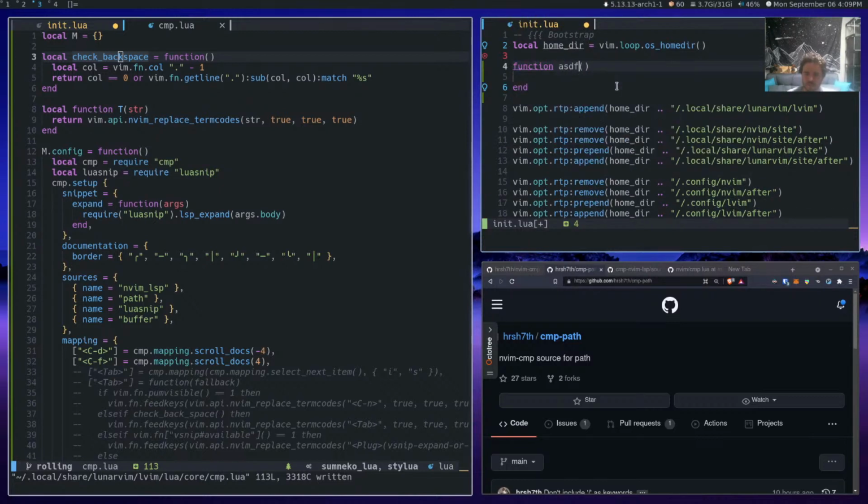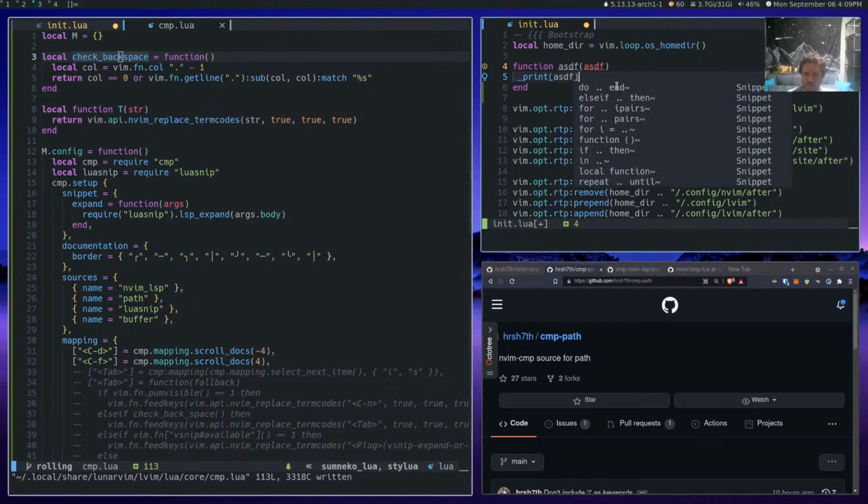And name this ASDF, tab takes me to the next thing. I put ASDF in here, I click enter, I go to the next thing, I say print ASDF, and then I do tab again.